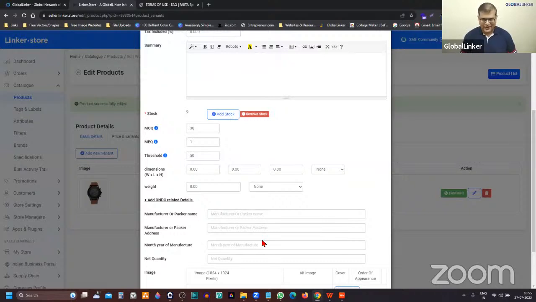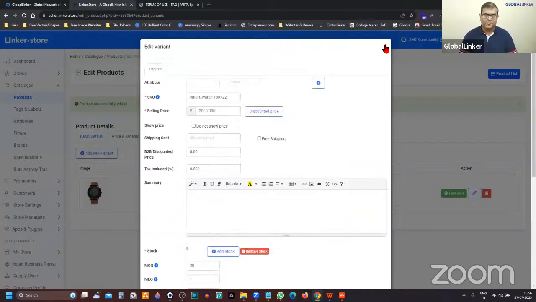Now, many of you will have more than one product, or a sizable catalog, where it is not feasible to update information like this. So is there a bulk process? Yes, absolutely. But for one product, at least, you'll have to do this. Even if you want to update the product information in bulk, on at least one product you'll have to follow the steps that I've just explained: add the relevant ONDC category and then add the variant level information on this overlay. Once you are done, you can now update the information in bulk.